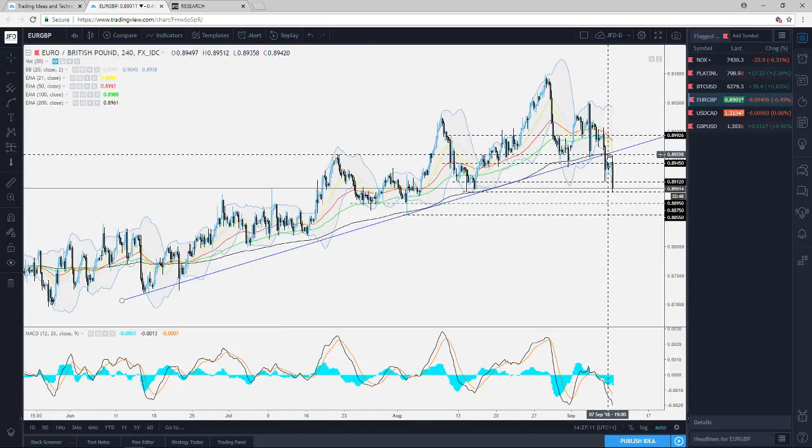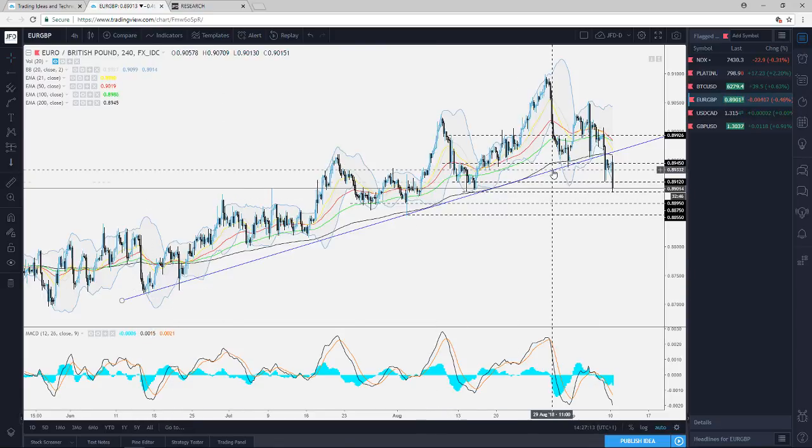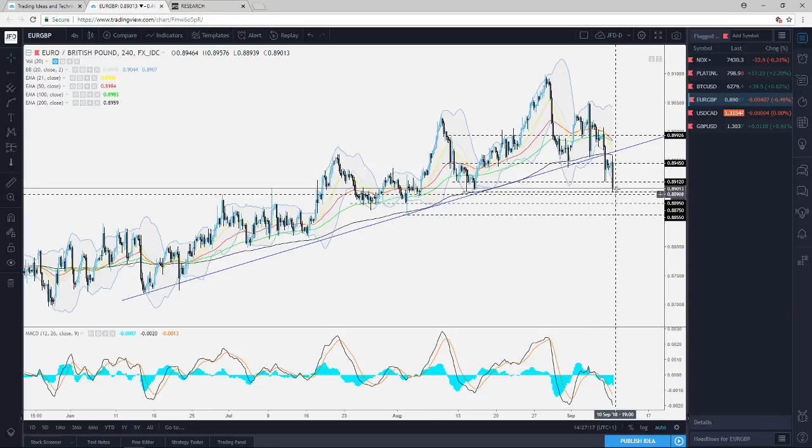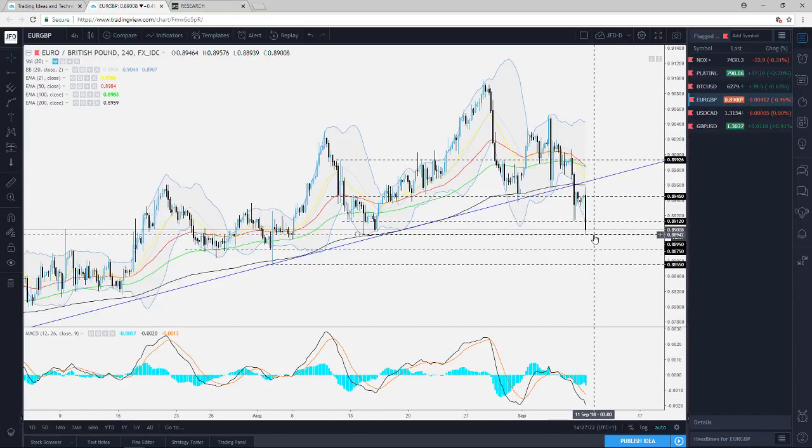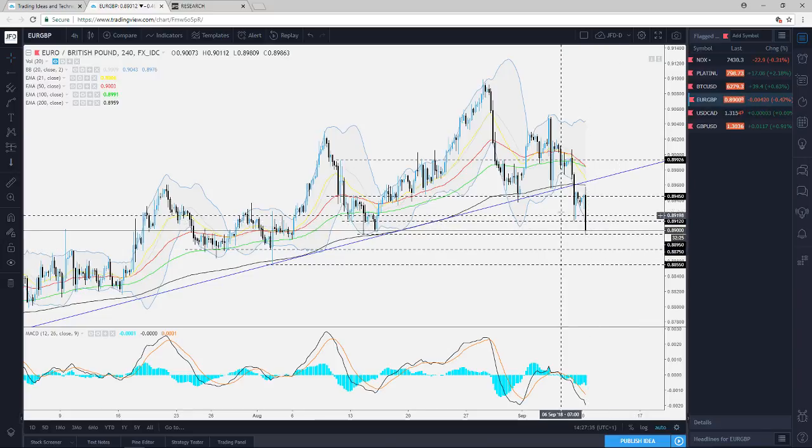So yep, that's a good confirmation break that we had here below this upside trend line that was running since around the 14th of June, and now we're pushing lower. Now we can see that the pair managed to test the 0.8895 level. Let's see where it closes today, because if we do get a close below this 0.89120 level, which